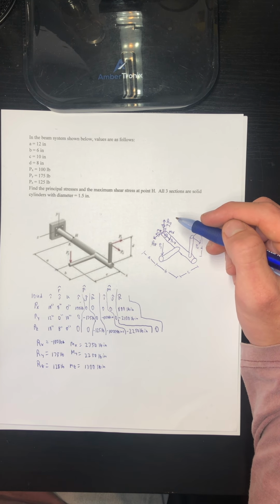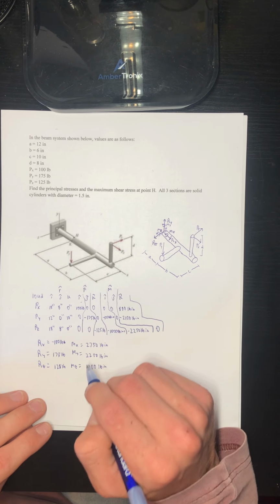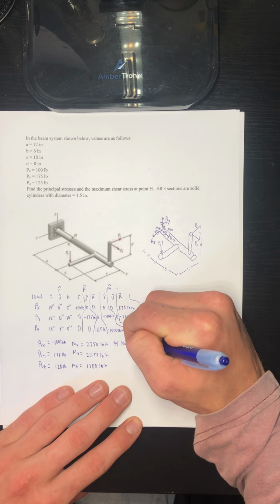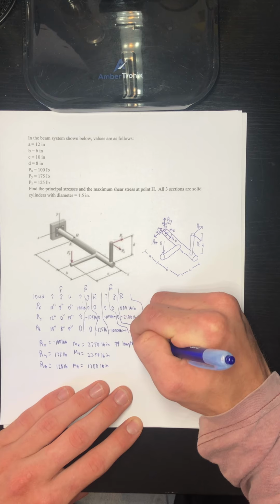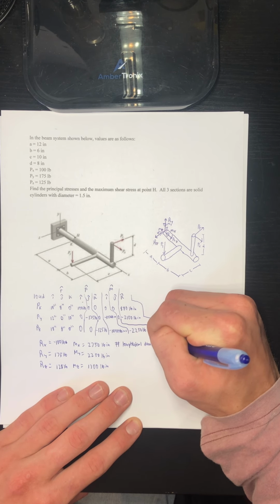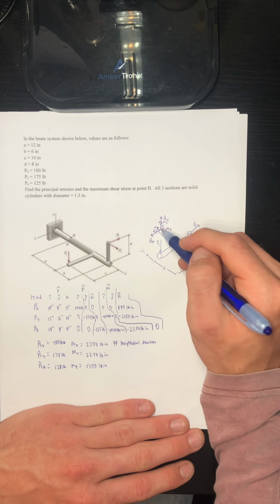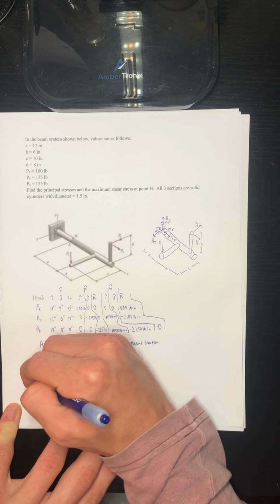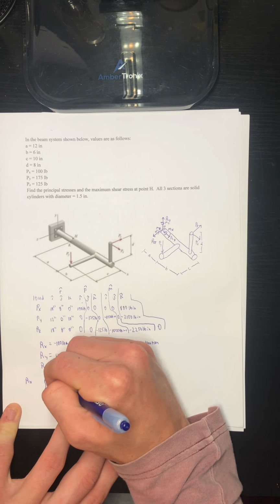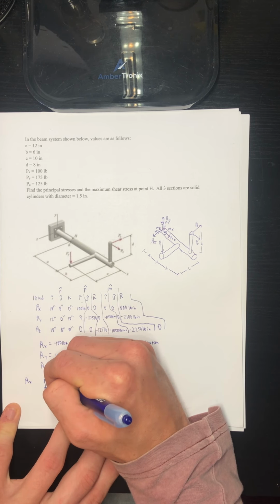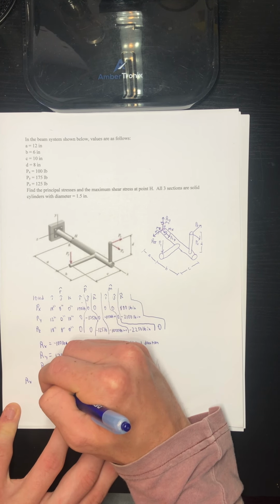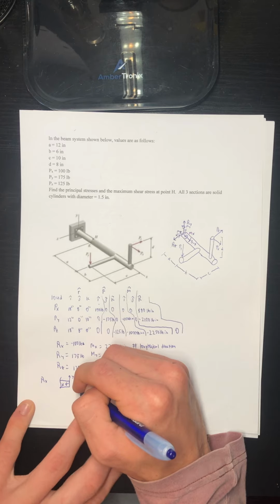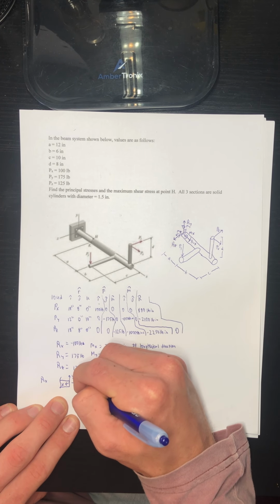So this negative 100 pounds going that way, 175 Ry going this way, positive. We're now going to go ahead and take a look at the resulting stresses from these internal reaction forces. So we'll start with Rx, which is in the longitudinal direction. I'm better with numbers than spelling, but that is basically the direction, the axis that is going perpendicular to the face of the cut. So our reaction in X, we're going to go ahead and pick a view where we can see that force. We will do Y going this way and X going this way. So our reaction in X is a negative 100 pounds. So based on this coordinate axis, you can see here, our X is going to be going this way in